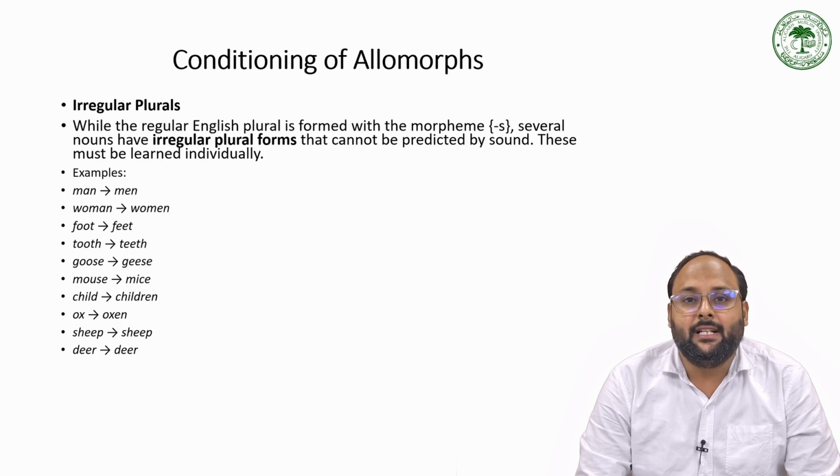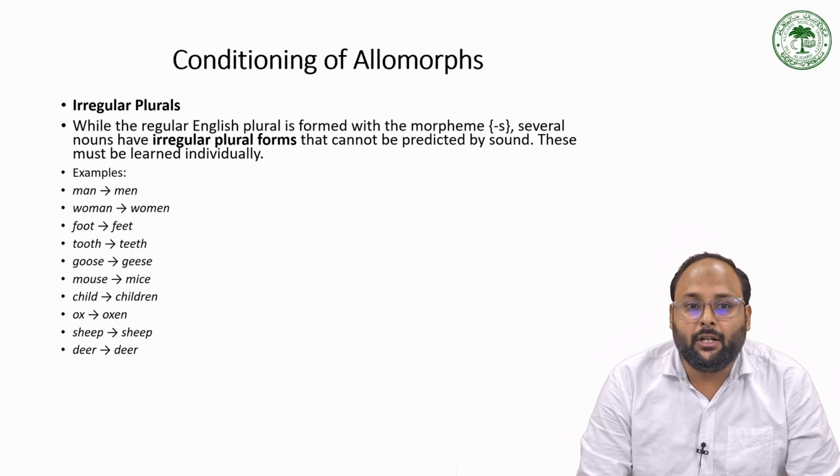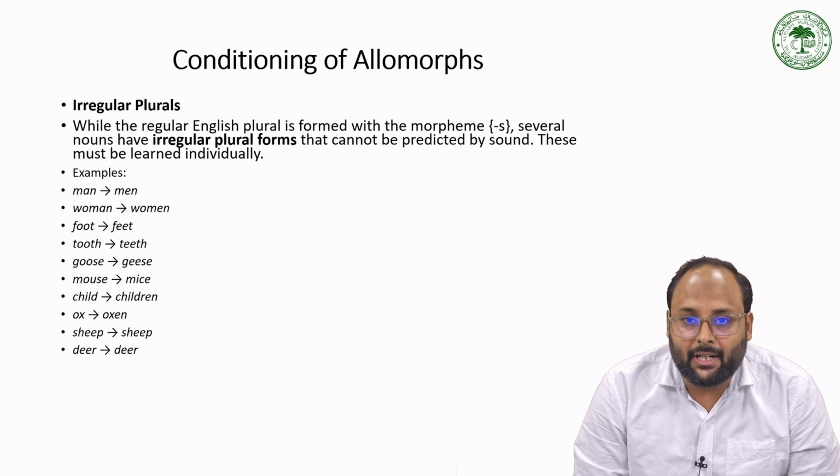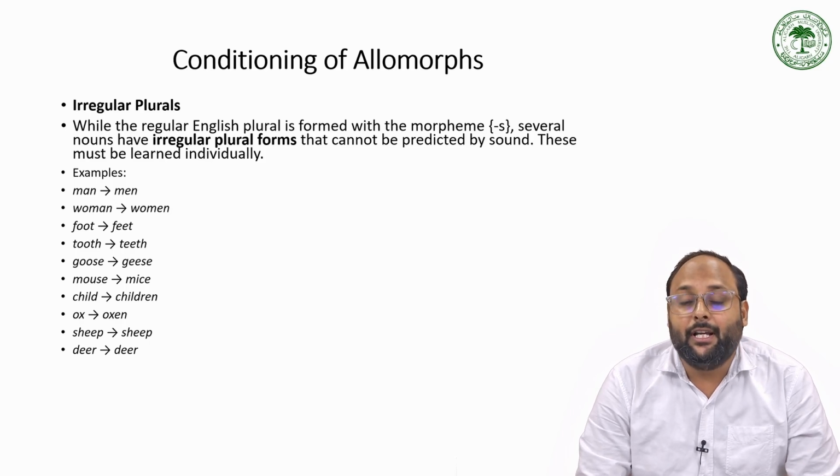These changes do not occur due to any phonological requirement. It only occurs by the morphological alternation or the grammatical requirement of that particular sentence and word. So man changes into men, woman into women, foot into feet, tooth into teeth,